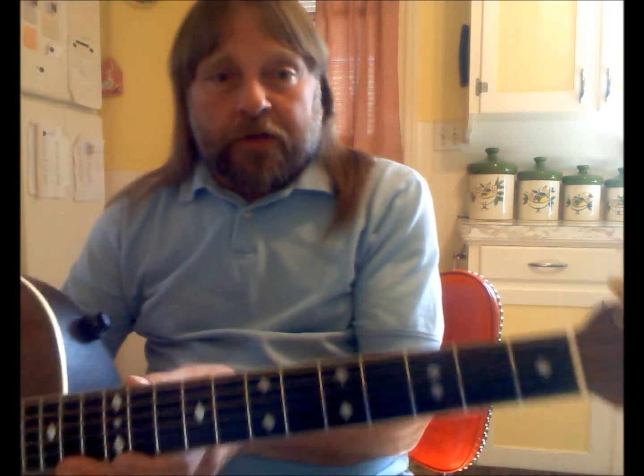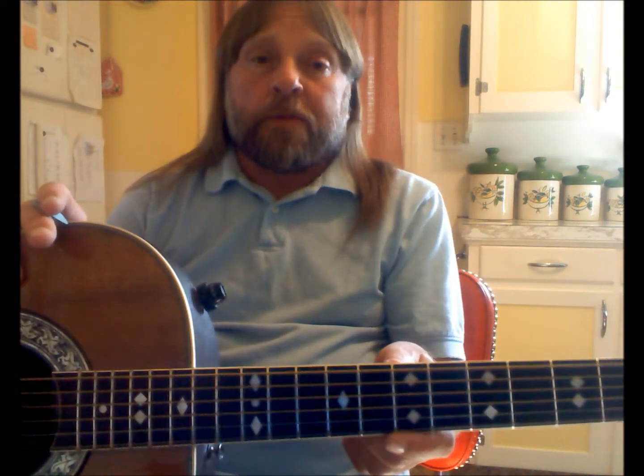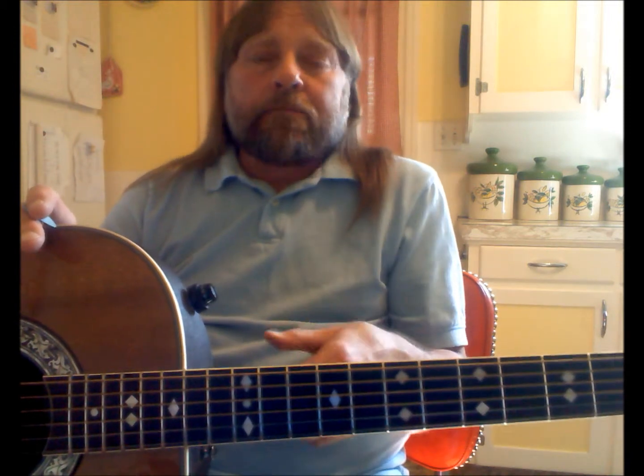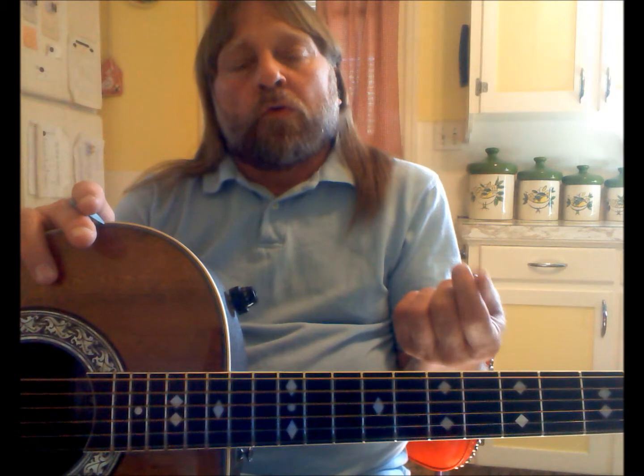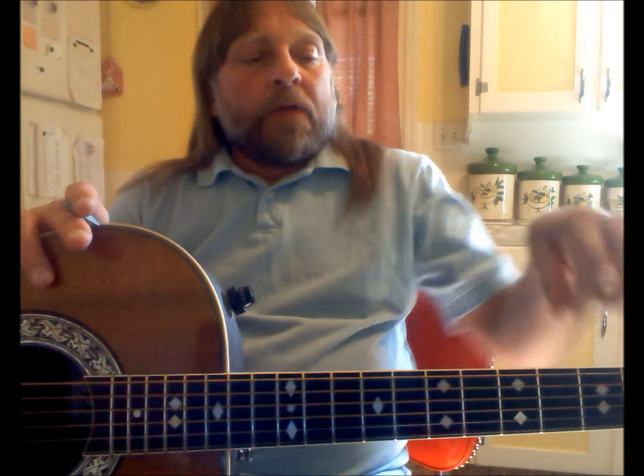One of the things I would show you, and of course I would show you more in detail later, but all these strings on the guitar, one way you can clean them is you would take a damp cloth. It should be a cotton cloth, lint-free, but even a dish rag. If you use a dish rag with just lukewarm water, not real wet, but just damp, wet it down and squeeze it. Then you put the rag